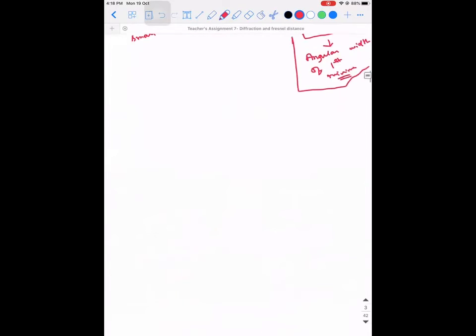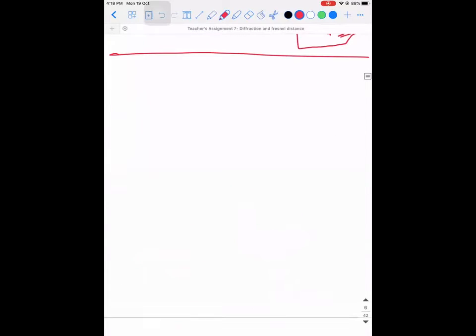So keeping this point in mind, condition for, see, I'm going to use the word concentrate. Condition for first secondary maxima. Any maxima other than the central maximum is called a secondary maxima. But now we are going to discuss the first secondary maxima that is being formed on the screen. Is that clear? Now see, the explanation is,